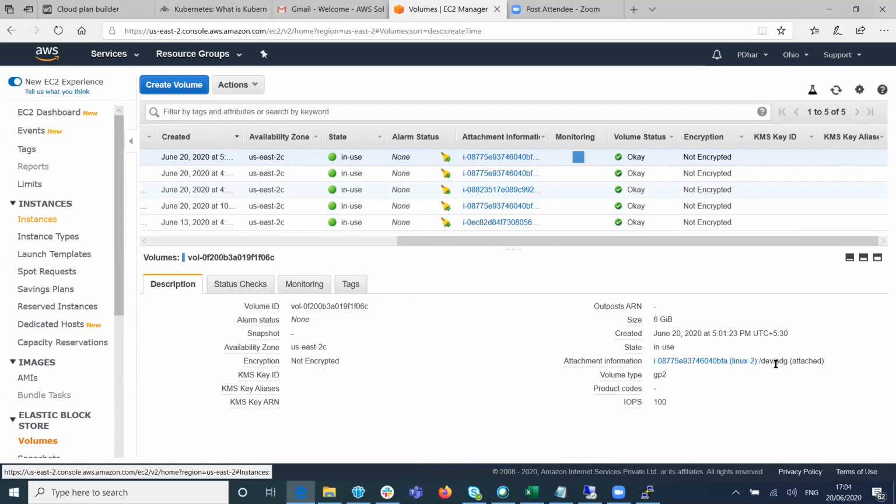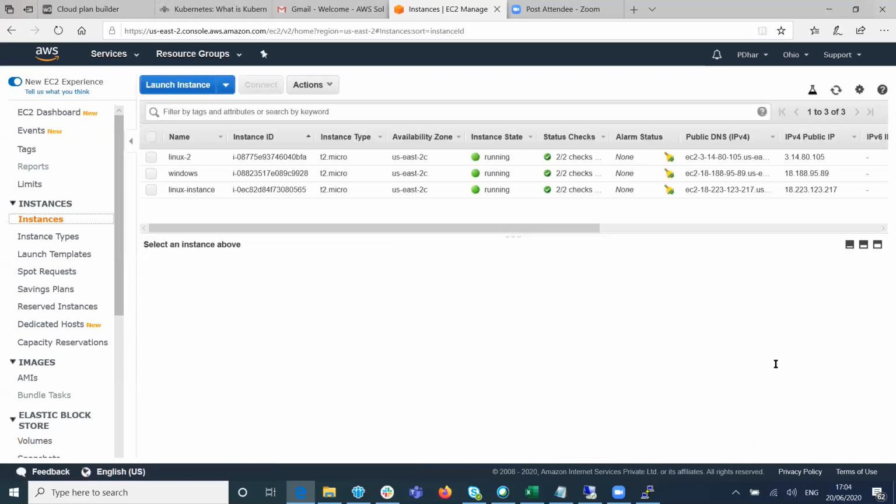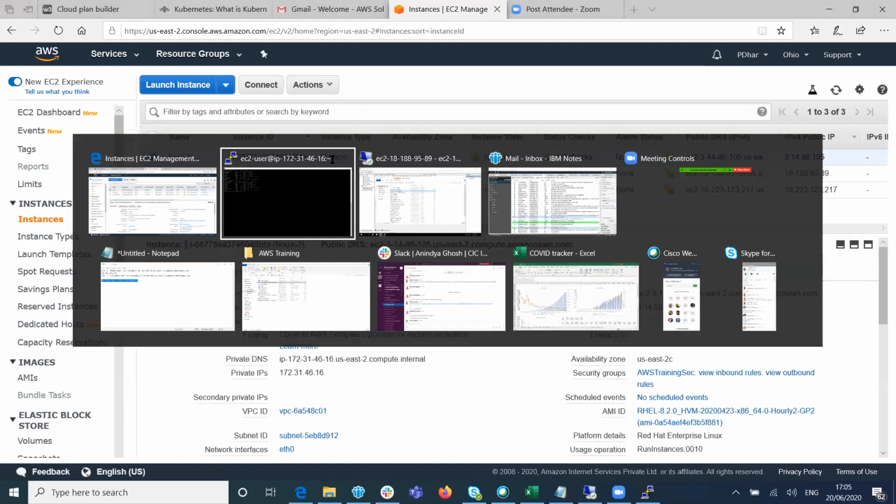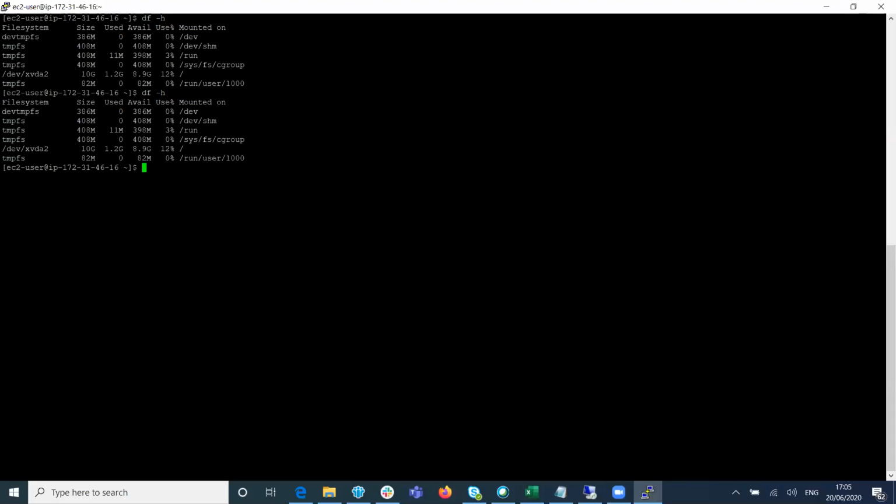/dev/sdg. I also had this problem. Sometimes we'll have to refresh it and it will come. Arvind, I had this problem as well, and it is persisting. I also rebooted the Linux machine, but that's not showing, and it's even showing in the mount tab, which is the mount point. So I don't know if you have to manually edit that.